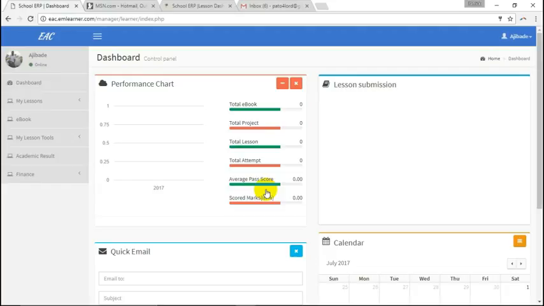Okay. First, we have to go and assign the subject to the teacher. Okay, so here on the interface, the students have access to e-books, project work, lessons, materials, attempts.